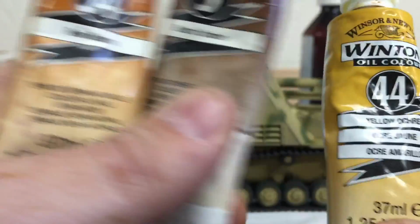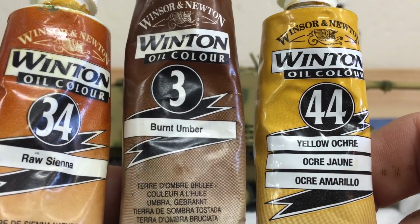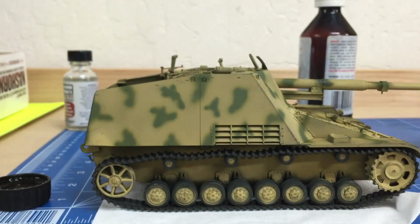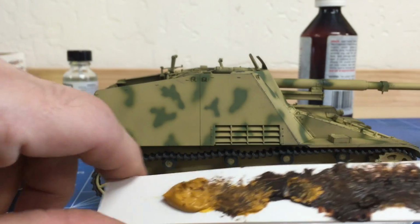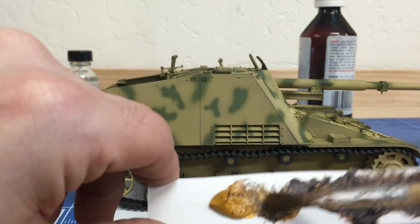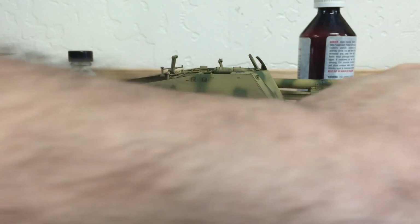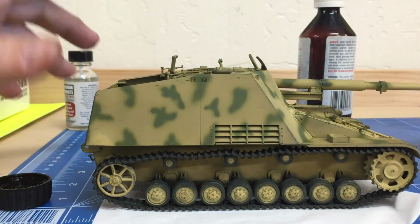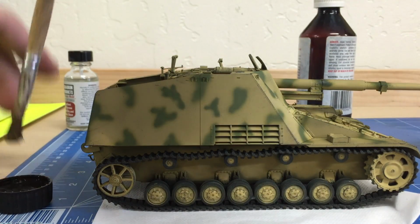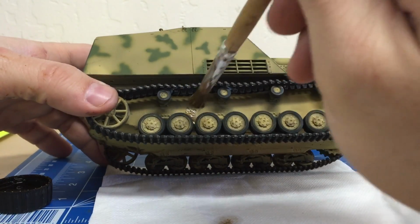What I'm going to try now is taking some artist oil, some raw sienna, burnt umber, and a little yellow ochre, and I've blended them together on a little strip of plastic. By doing this, we're going to get different colors of browns and yellows to mix in. So I've dipped the brush in a little bit across the spectrum, and just adding a touch of mineral spirits. We're going to go in there and start